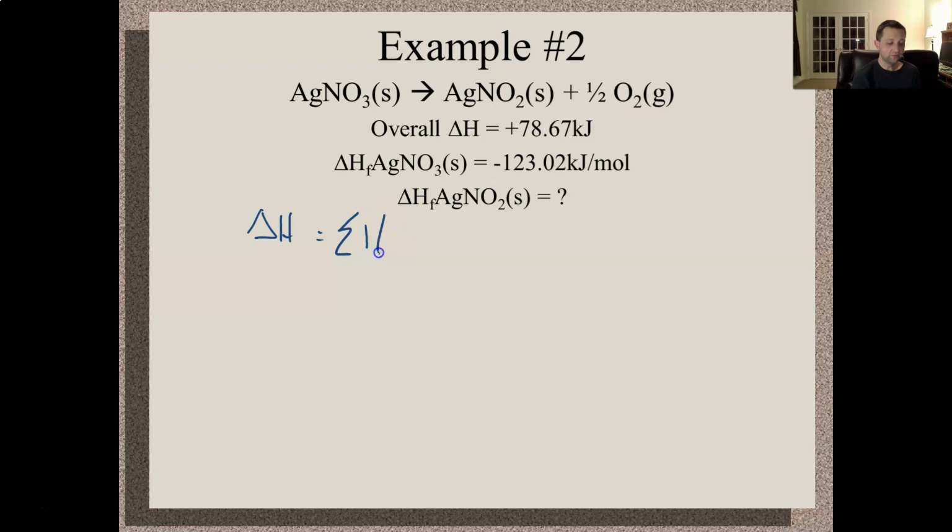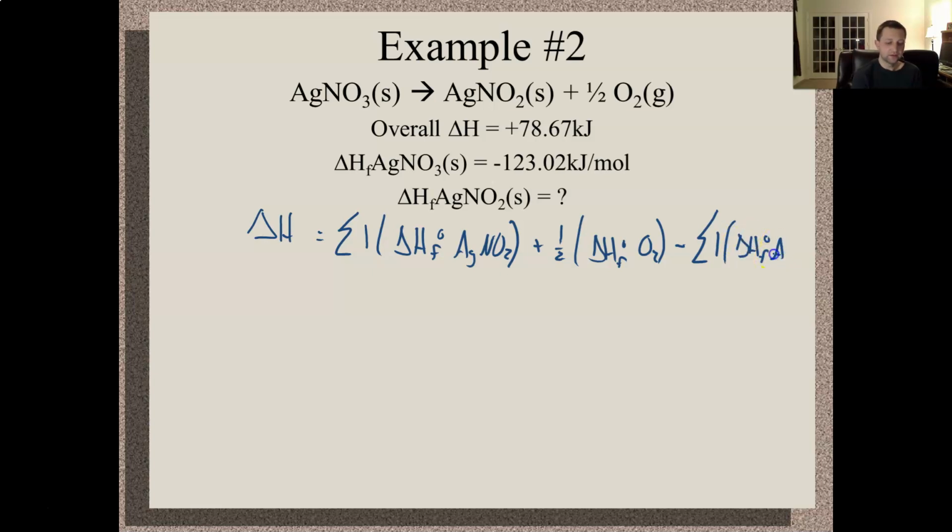So we have 1 mole times the heat of formation of silver nitrite plus 1/2 heat of formation of O2, minus the sum of our reactants, which is 1 times the moles of silver nitrate, the heat of formation of AgNO3. Okay, it actually gives us the overall. So the overall delta H is positive 78.67 kilojoules